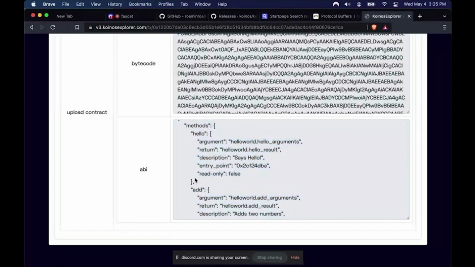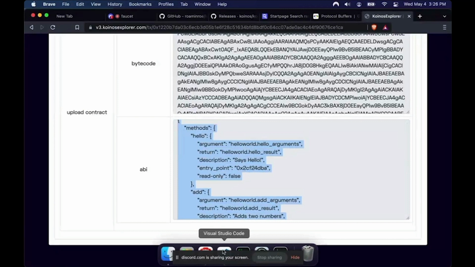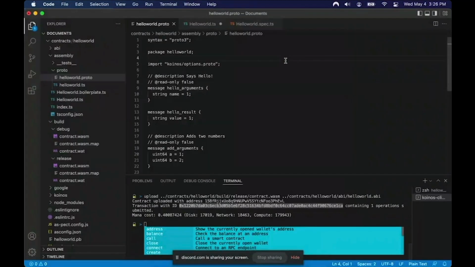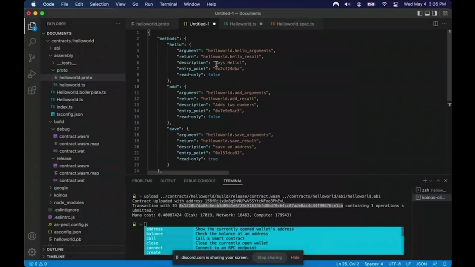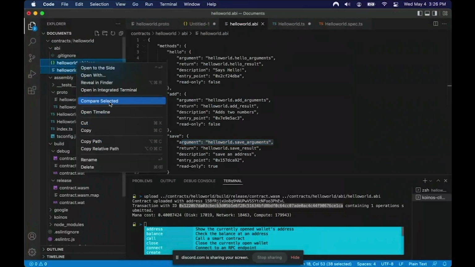Well, I can show you that. So just try to remember this. Actually, I'll just copy it. So this is the one that's on the blockchain, and the one that was generated and uploaded is this one. So if you look at those two,